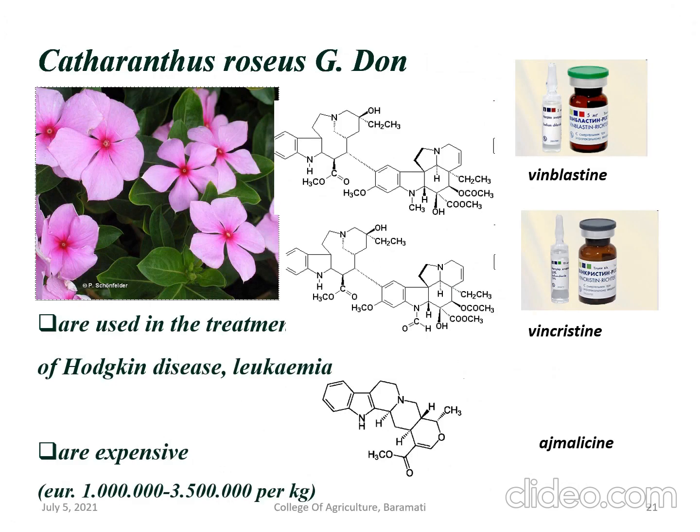Now why are all these cultures very important? Because suspension culture is used to produce various kinds of secondary metabolites. Some of these metabolites are vinblastine, vincristine and ajmalicine. All these secondary metabolites are produced from Catharanthus roseus, that is Sadafuli in Marathi. They are generally used to treat Hodgkin's disease or leukemia and are very expensive, almost 1000 to 3500 euros per kg.